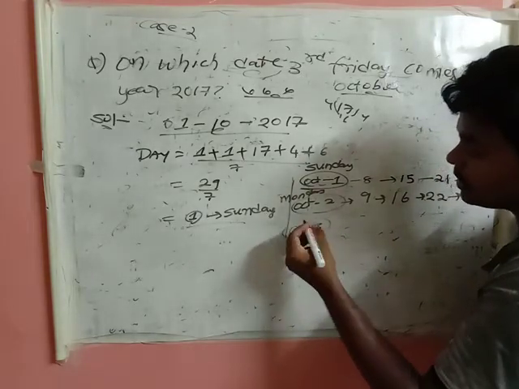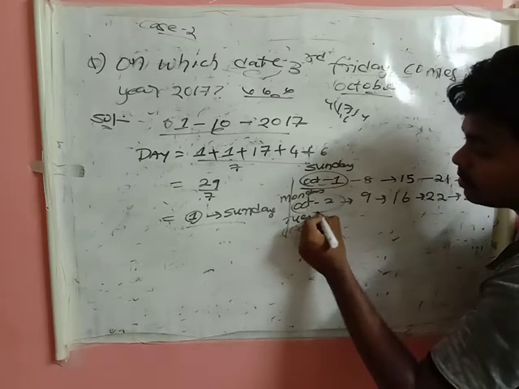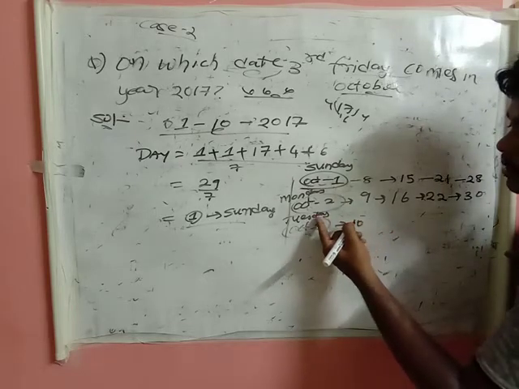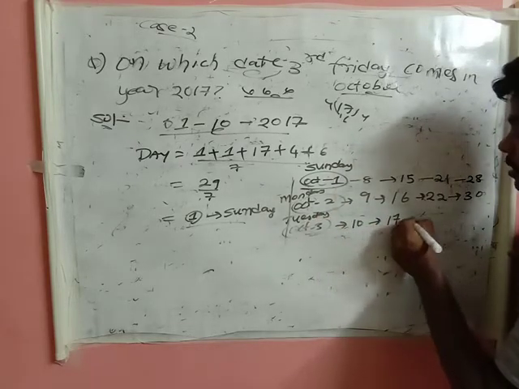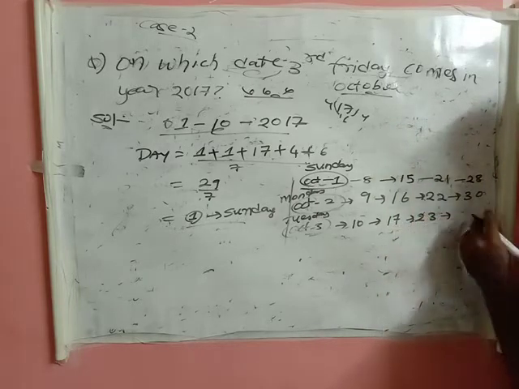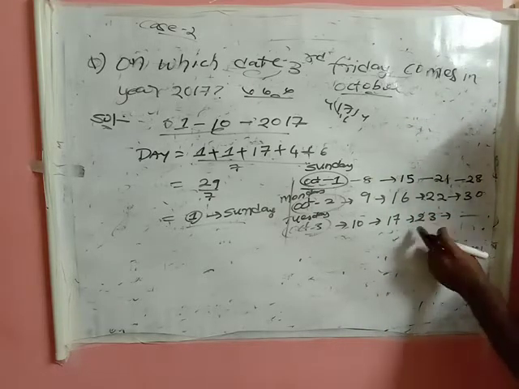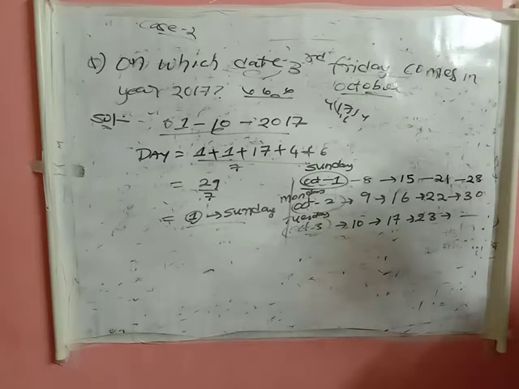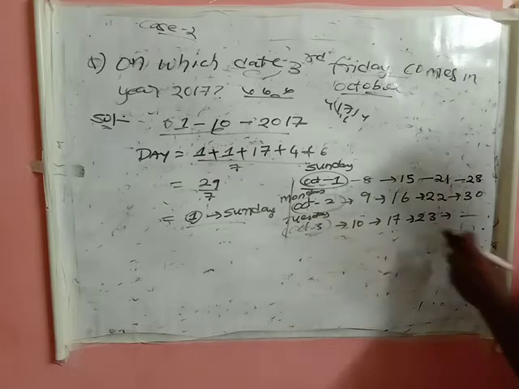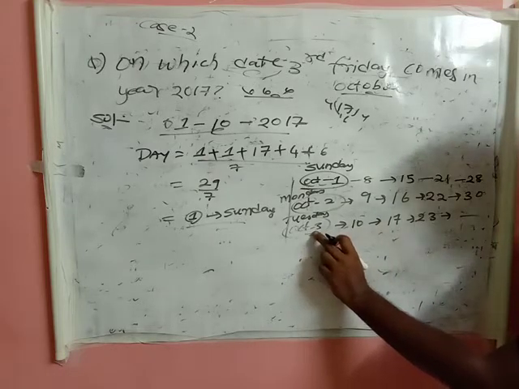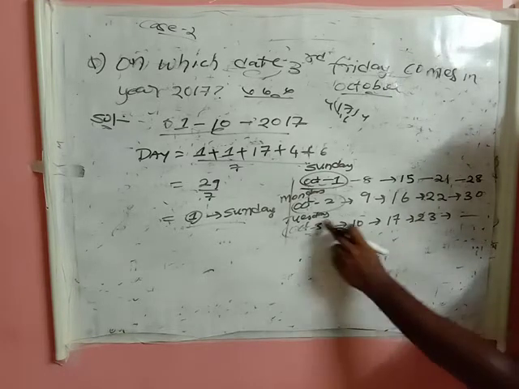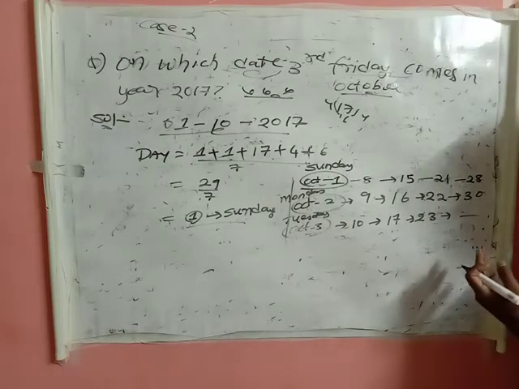Next, coming to October 3. If October 2 is Monday, October 3 is Tuesday, no? If this is 3, then 3 plus 7, 10. Again on 10th October, I'll be getting my Tuesday. So 10 plus 7, 17. So this is 23. You will be able to get this, right? Okay with this? Because I'll be getting Tuesday on October 3rd, again after 7 days I'll be getting my Tuesday. Right or not? Okay with this?